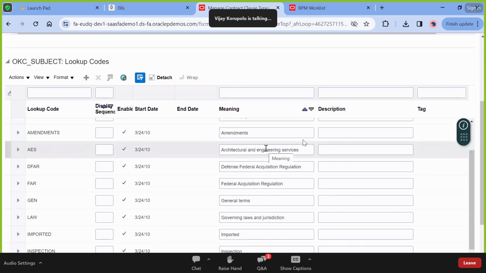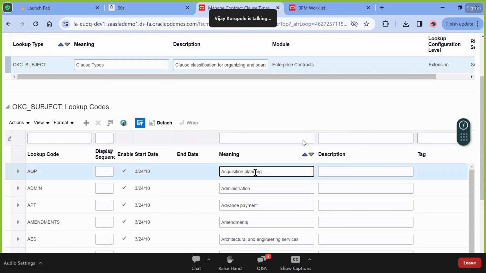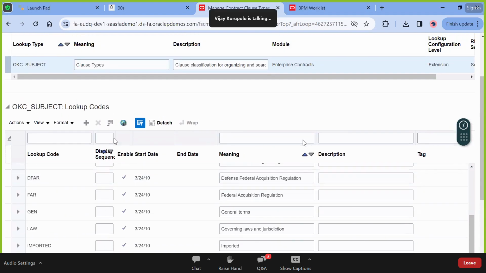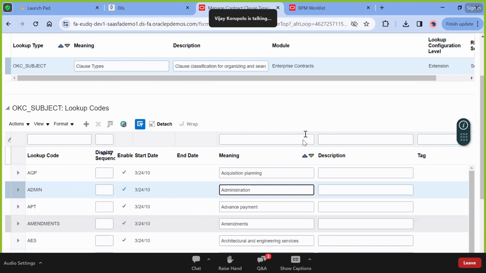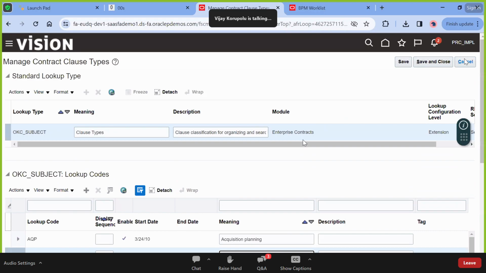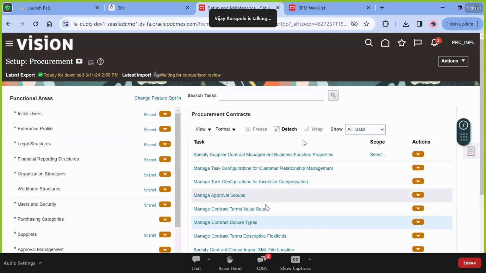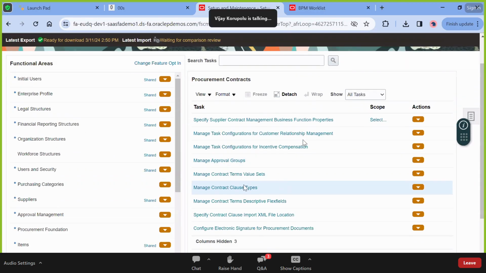When we created the clauses, right, somebody asked whether we can create different clause type classifications. That is just a user defined field. So you can create a number of clause classifications here, and while you're creating the clauses you can select that particular type. So it is a lookup here. Okay. Similarly, contract